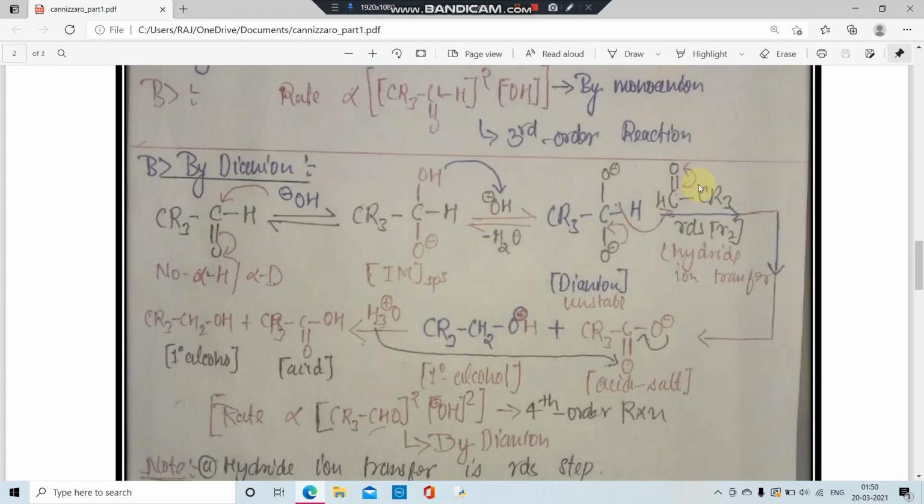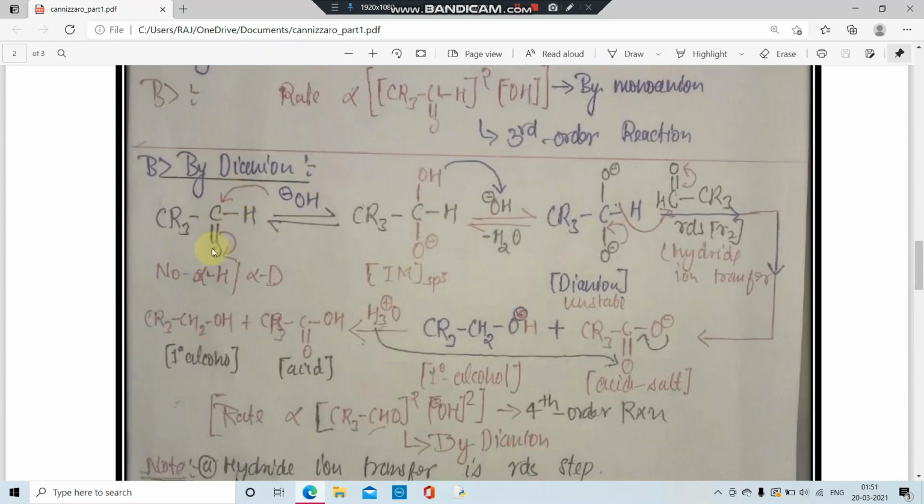So look, this is a primary alcohol, and this is the salt of the acid. This salt of the acid is going to use the water molecule which was taken outside, and formation of the acid takes place. Look, this H plus from the hydronium ion is going to attach to the O lone pair of this oxygen, and the pi bond is going to break, and the negative charge is going to shift as a pi bond. So it becomes COH and it becomes the carbonyl carbon. Look, this is a primary alcohol, and this is an acid.